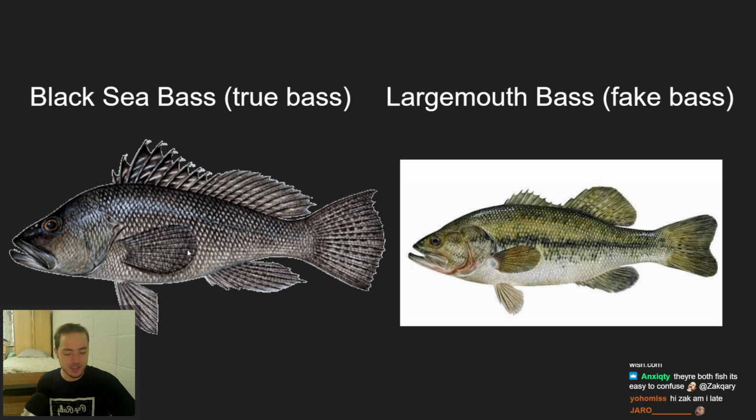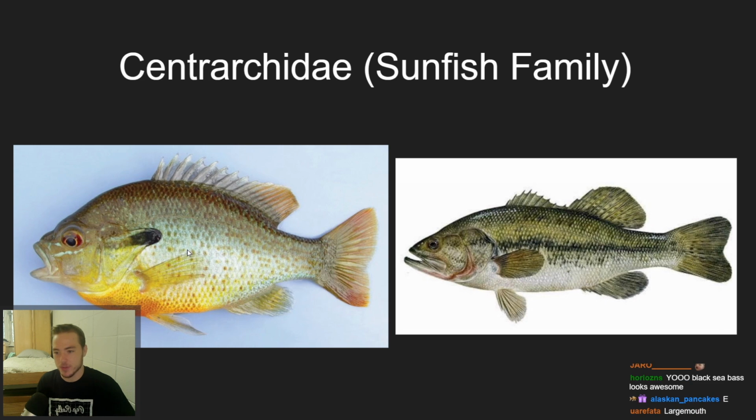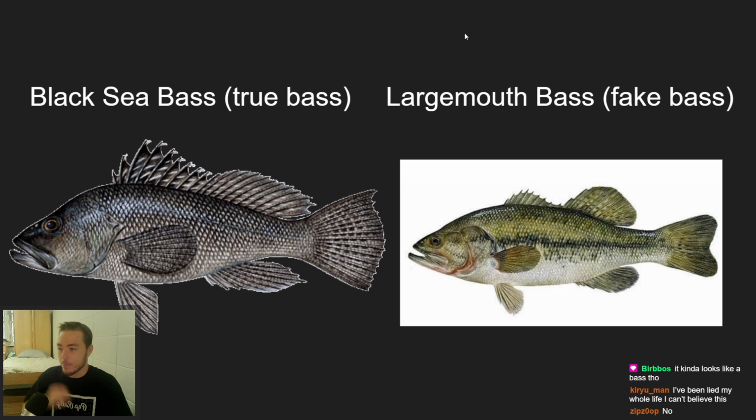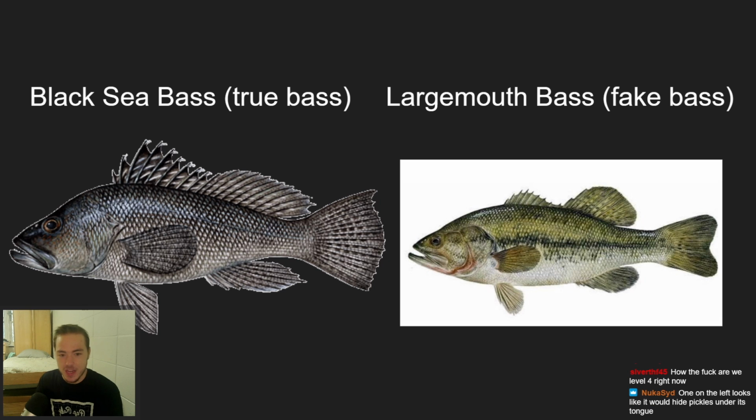And so you can start to see: sunfish, largemouth bass. Oh wait, they're both sunfish, and the thing called largemouth bass is not actually a bass. So this common name is the worst. It not only doesn't tell you what family this fish is actually in, but it tells you a family that the fish isn't actually in and makes you think it's in. And you start to realize that maybe common names, the dumb things that scientists come up with, or even locals come up with in their cultures when they see fish for the first time, aren't always the best things.